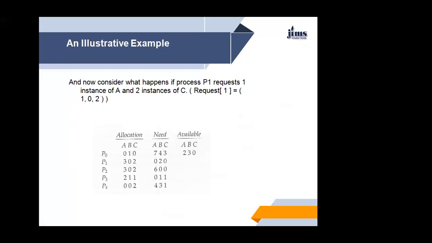You should be able to see, however, that when the system is in a safe state, a request for 3 3 0 by P4 cannot be granted since the resources are not available. So we can check different numbers of requests, and based on the availability we can check. A request of P0 of 0 2 0 cannot be granted even though the resources are available, since the resulting state is an unsafe state. See, the resources are available but the state is an unsafe state. In that case also you cannot grant the resources. Okay.